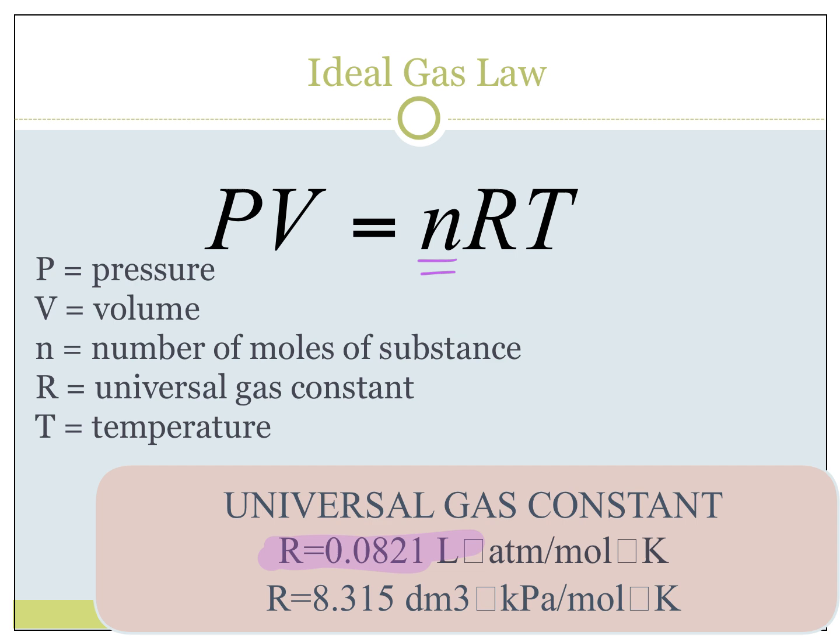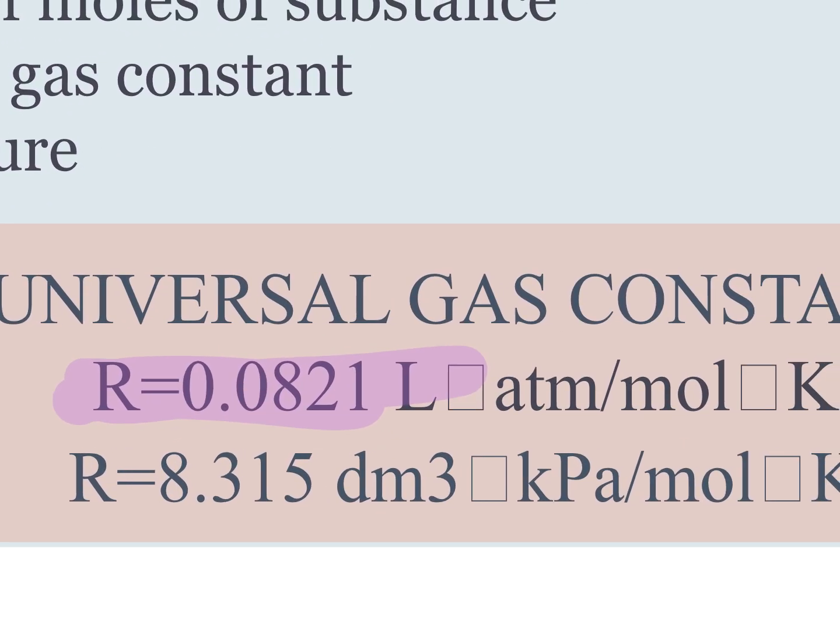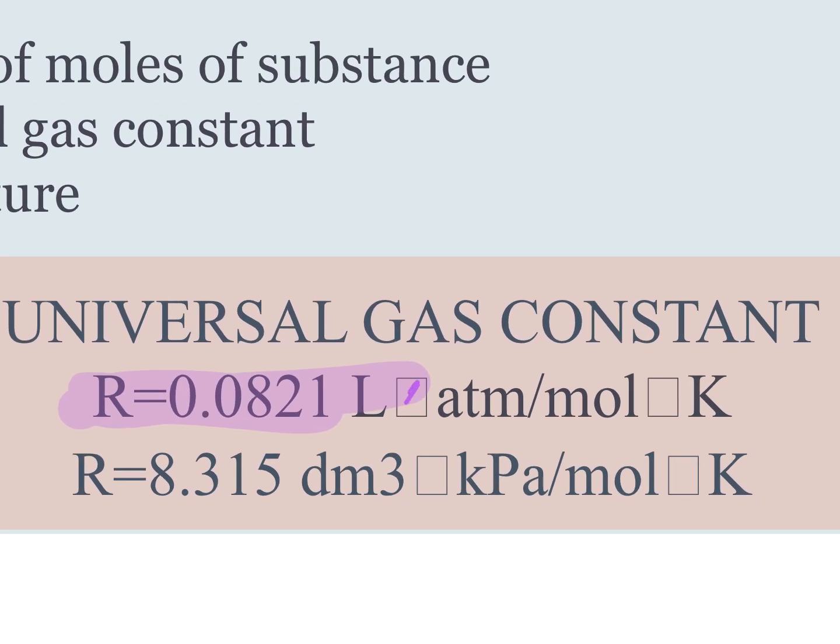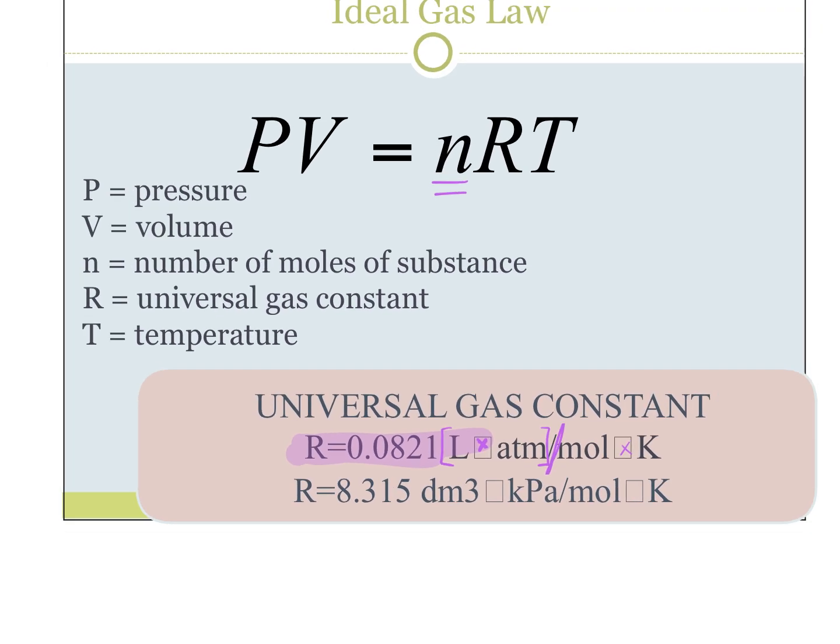But here's what has to be true in order for this R value to work, okay? The units for this are liters times atmospheres divided by moles times Kelvin. That's what the unit is for this R value. And the way it comes about is essentially just rearranging this equation, right? Divide by nT, divide by nT gives us R. So all I'm saying here is that in order for this R value to work, the units must be atmospheres, liters, moles, Kelvin.